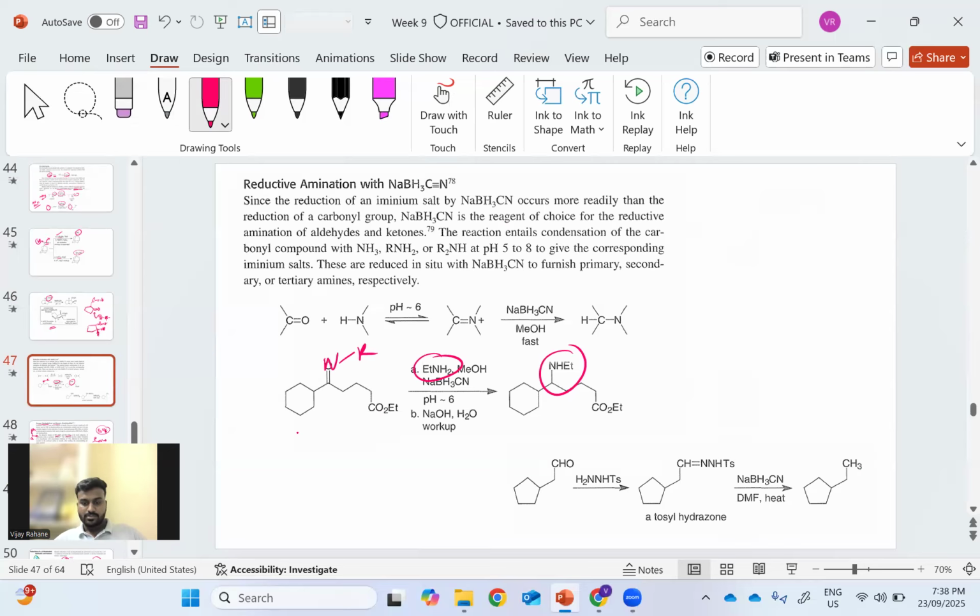Let's say here also, this NH2 NHTs. So this NH2, in place of alcohol, forms the imine, and then sodium cyanoborohydride. If you add that sodium cyanoborohydride, it will convert this imine to the